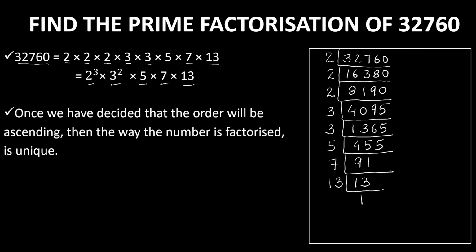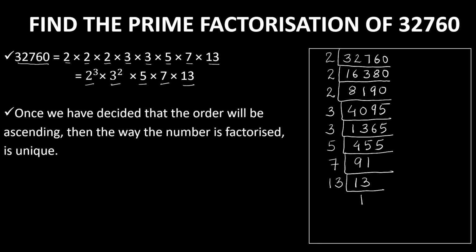is unique. You can observe that when we were doing the prime factorization of this number, we decided that we will go in an ascending order of prime factors, right? So therefore, we obtain a unique prime factorization. Now, the prime factorization of every composite number will always be unique except for the order in which you are